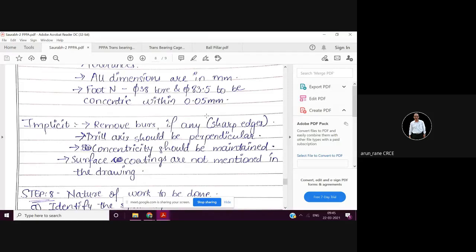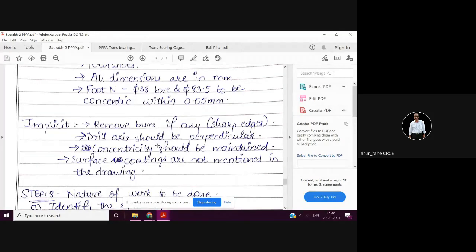So on the product you have to see that on sharp edges, a little radius is to be provided. Otherwise, if the sharp edges are required on the product, then you have to carefully preserve them. You have to put some tape, etc. Because in handling, two things will happen. The sharp edge will cut the person who is handling, and second, the sharp edge will also get damaged. So if the sharp edge is really required, if it is functionally important, then you have to mask it or put some tape, etc.